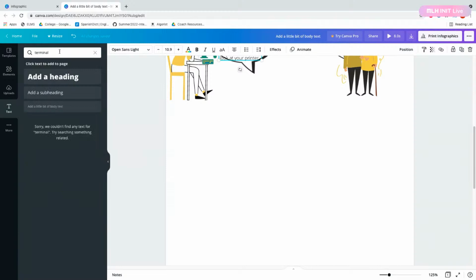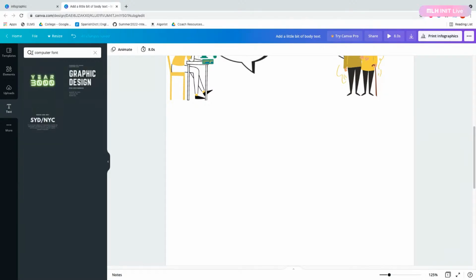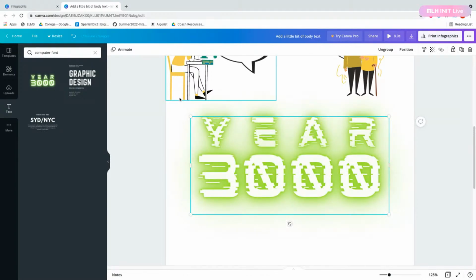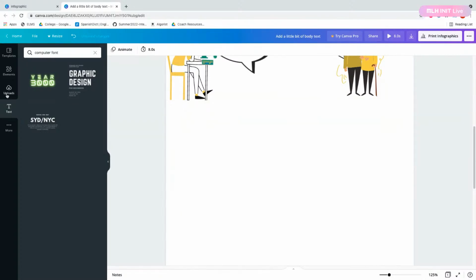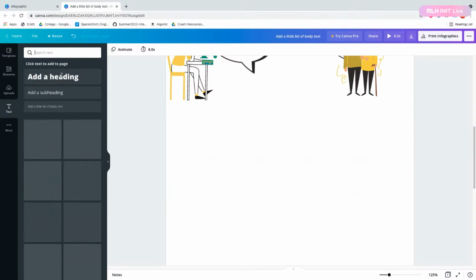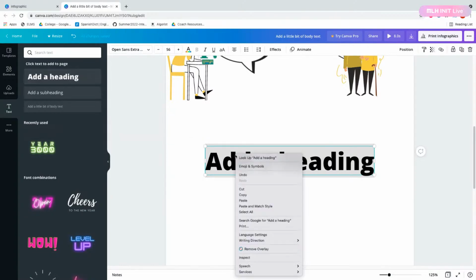I'm looking for a certain kind of computer font, something that fits the theme. Oh, that one looks good. No, that's an image. It's actually not what I want. This will be a heading. Let's see if they have different fonts.